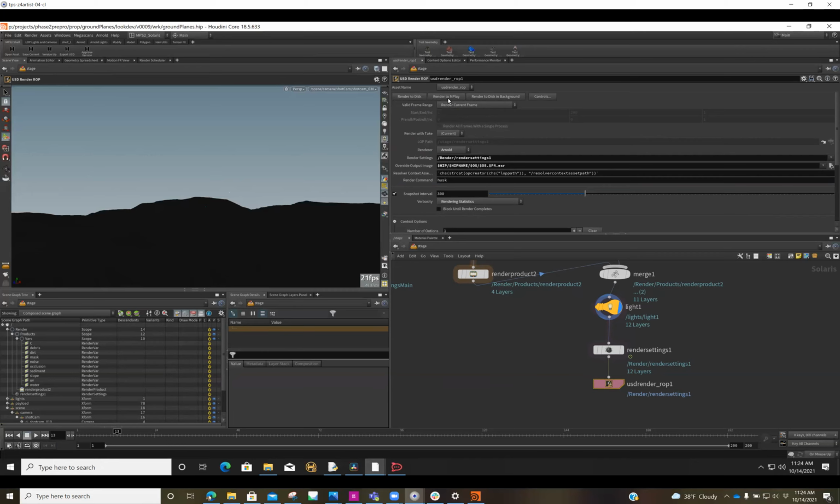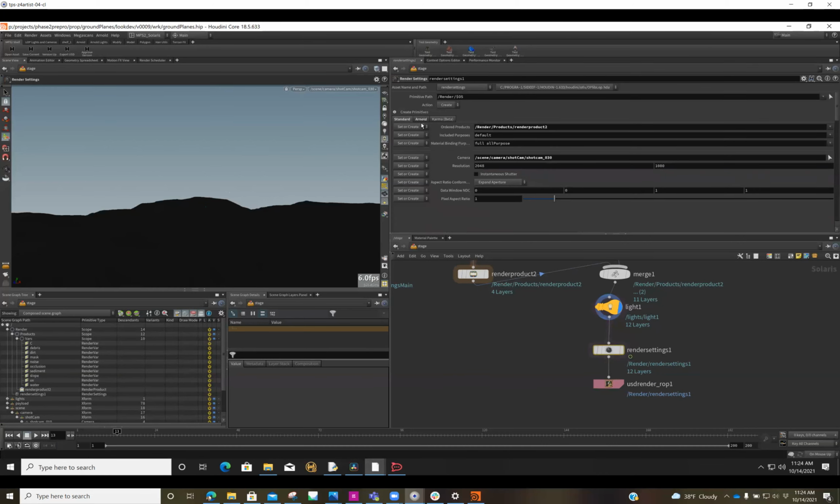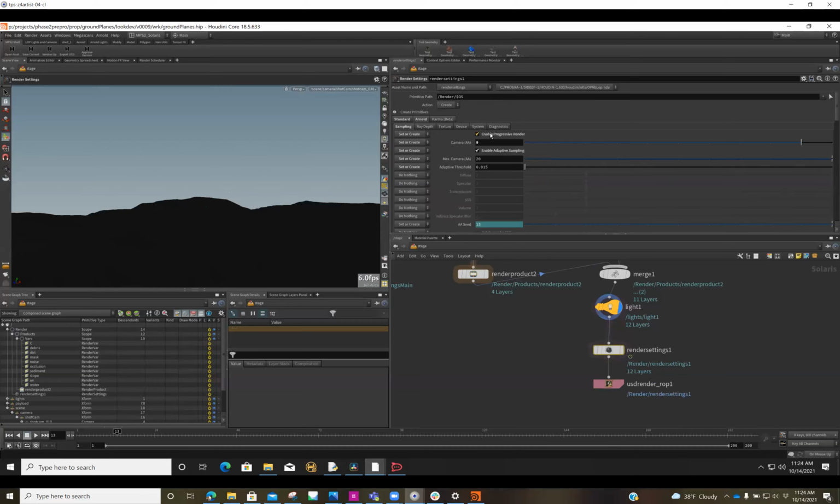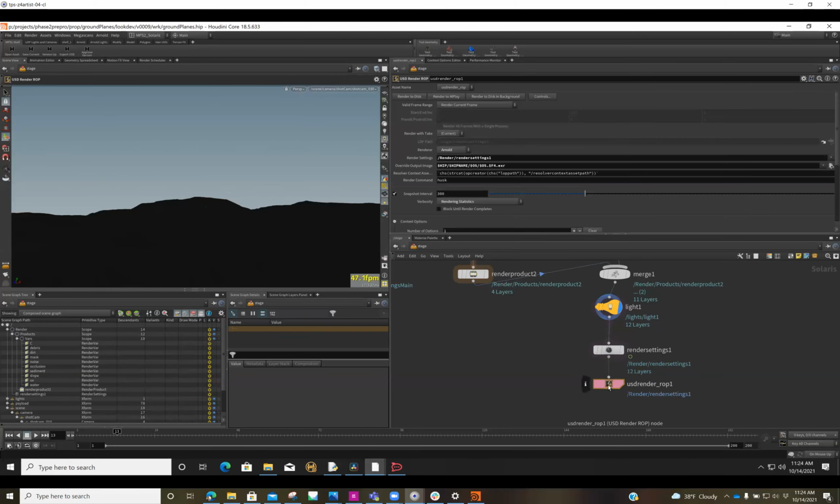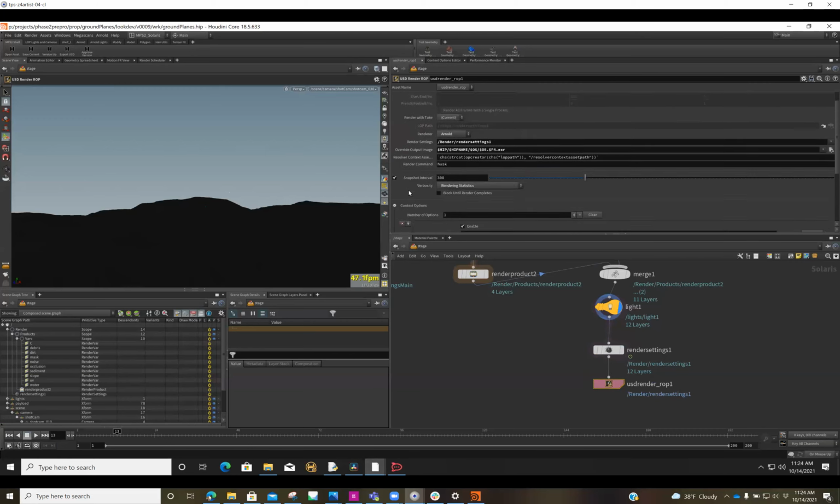Now, speaking of that, with Arnold and LOPs, render to Mplay, the Mplay window will stay black forever. And then at the last second, when it's about to finish, all of a sudden, all the buckets will populate. It does not progressively render to Mplay the way I would expect. It's supposed to allow you to. If you come to Arnold and enable progressive render, this is supposed to allow you to have progressive rendering in Mplay. I have seen it work. It's inconsistent. I can't figure out what the secret sauce is to make that work all the time,